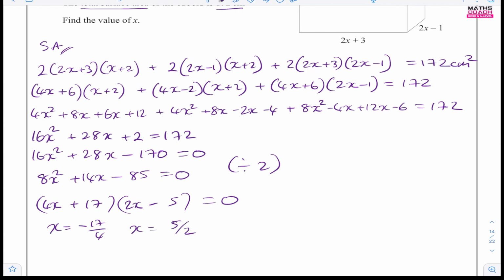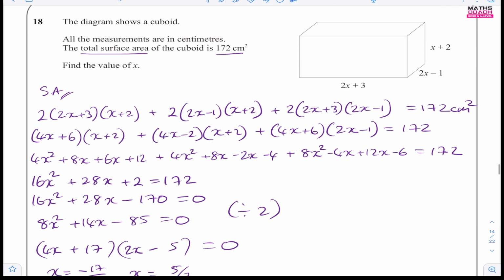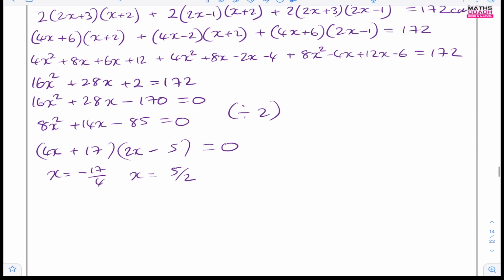Now, both of these cannot be our value for x, because let's take, for example, this one right there, x plus 2, this length right there. A length cannot be negative. And if we use this value to test this, so what is this? This is x is equal to, how many times does 4 go into 17? It goes in 4 times, so it's a minus, left over 1 over 4,